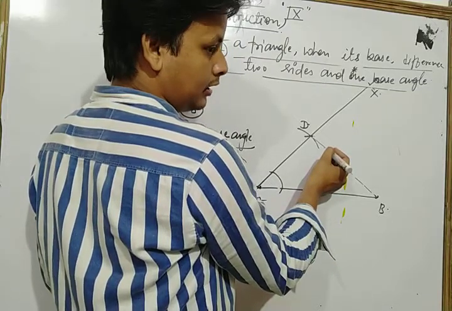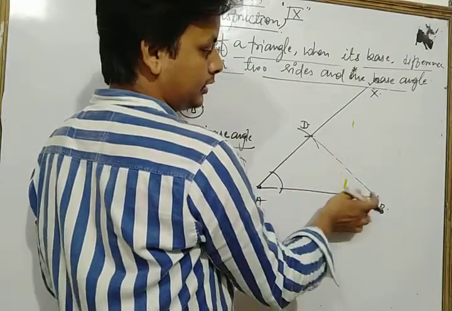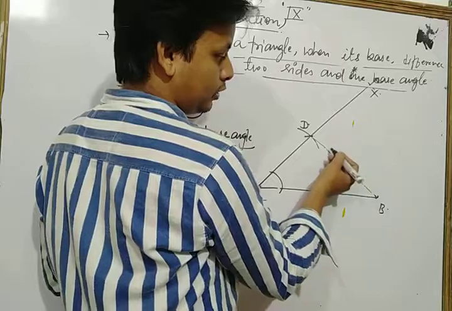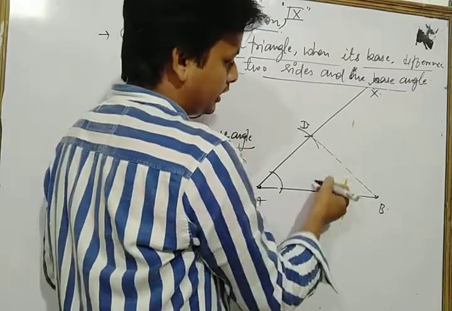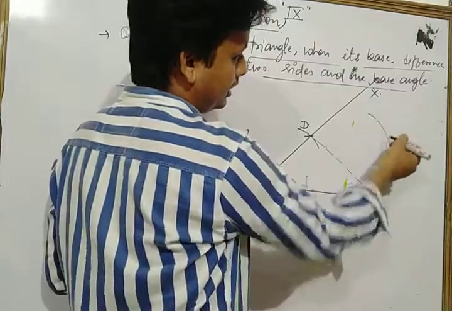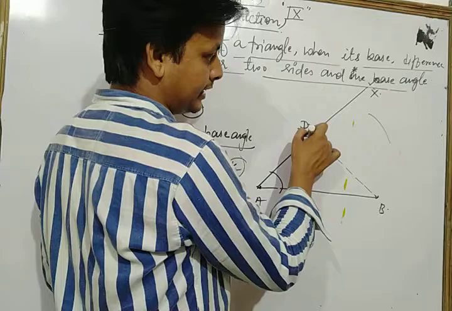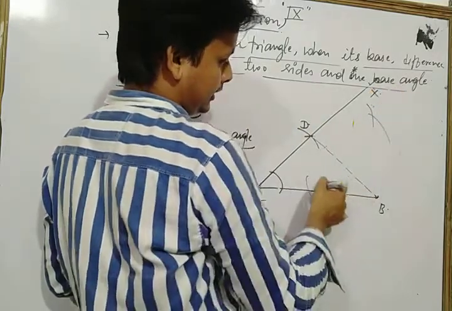We cut the arcs on both sides of the line segment BD. Suppose that we take B as center and distance equal to more than half of BD. So we cut two arcs in this way. Now at the same radius, taking D as center, we cut the other two arcs in that way.